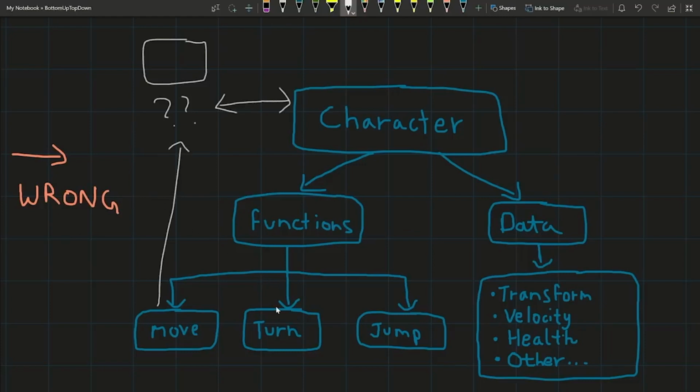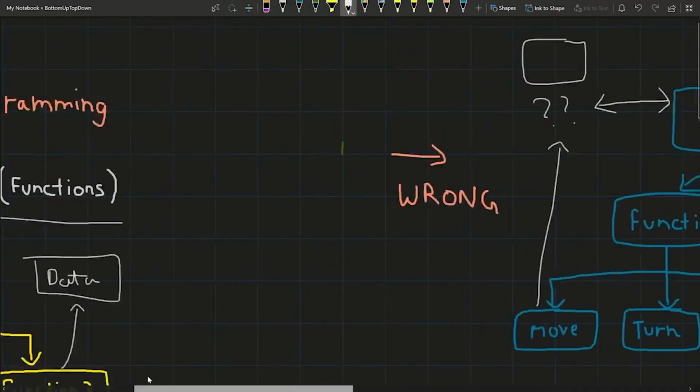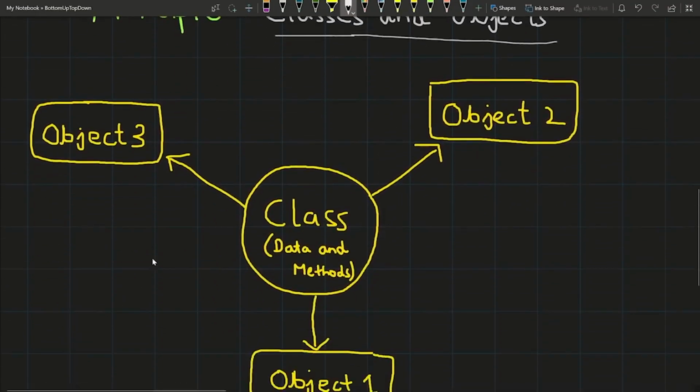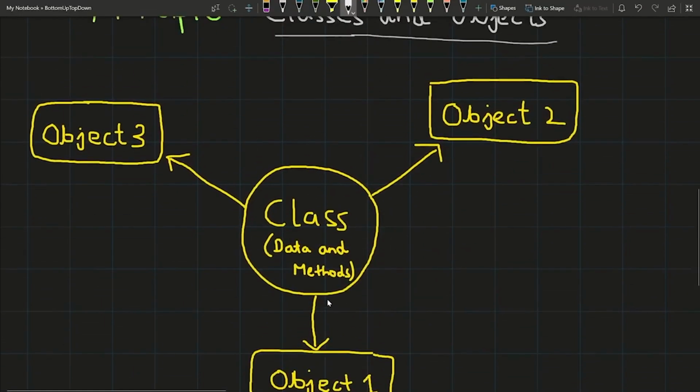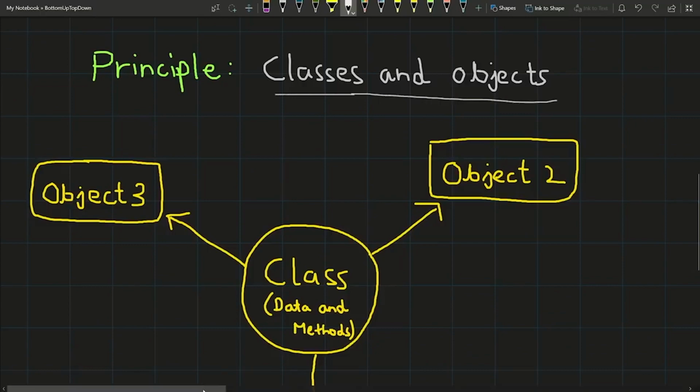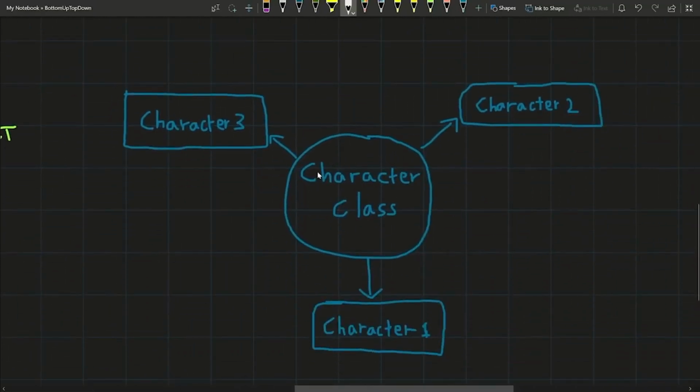So that's the problem. Now, what if we head back into the object-oriented type? So if we head back, and if you can see here, we have a class and we have instantiated several objects. Now, if you were to actually model a character with this, you would have your character class. Obviously, with the above mentioned functions and data, I didn't want to rewrite that. So you'd have a character class. And now that we actually have a unit which we can identify as a character, we can go ahead and instantiate a character,